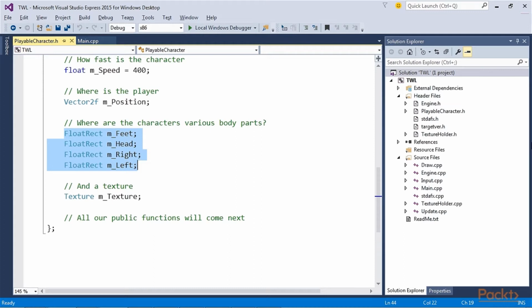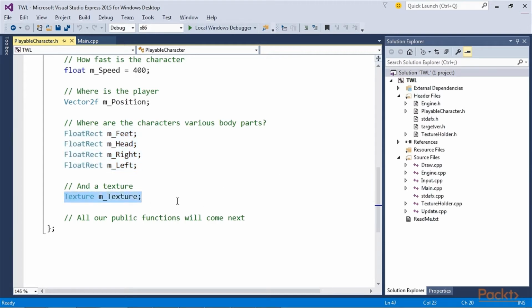The m_Feet, m_Head, m_Right, and m_Left FloatRect objects will hold the coordinates of the different parts of a character's body. These coordinates will be updated in each and every frame. Through these coordinates, we'll be able to tell exactly when a character lands on a platform, bumps his head during a jump, or rubs shoulders with a tile to his side.